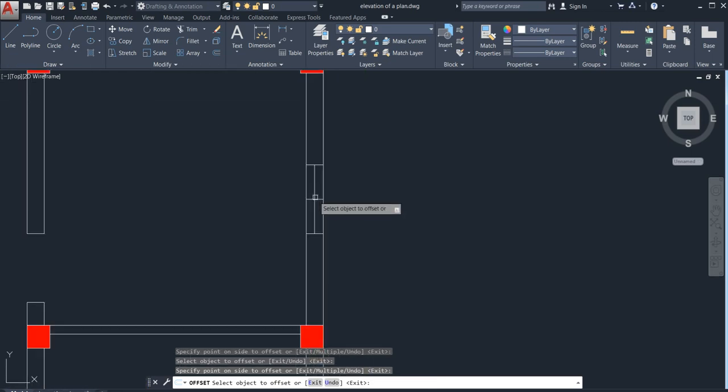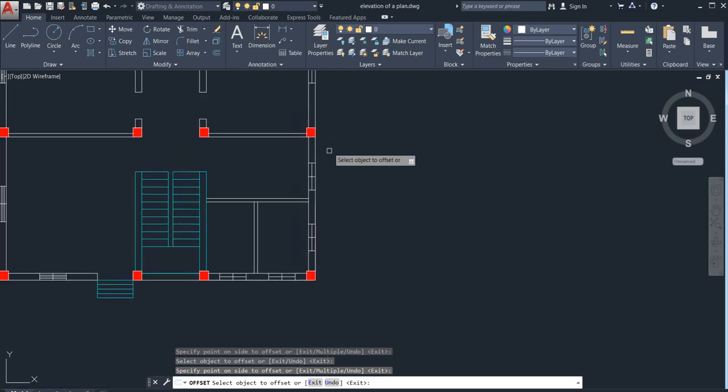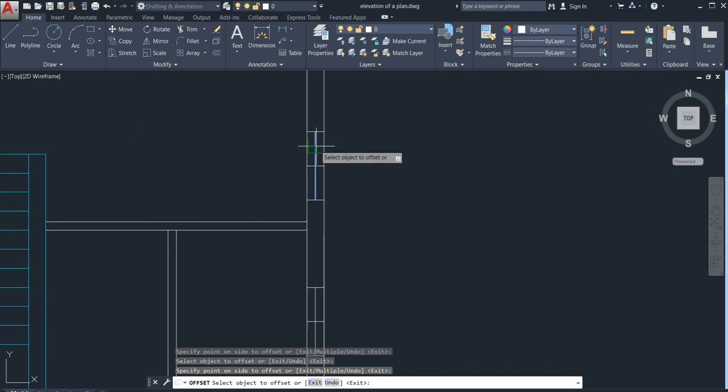So if we forget about the roof of your building, whatever things you can see, forget the roof of your building. So these are the things in the plan that we are showing.